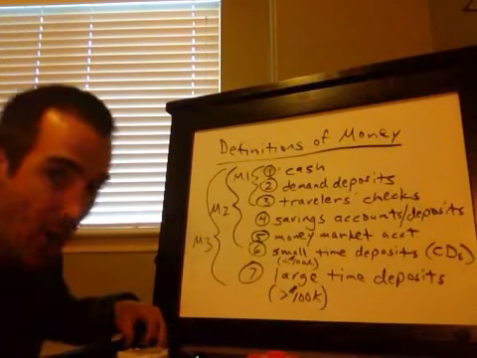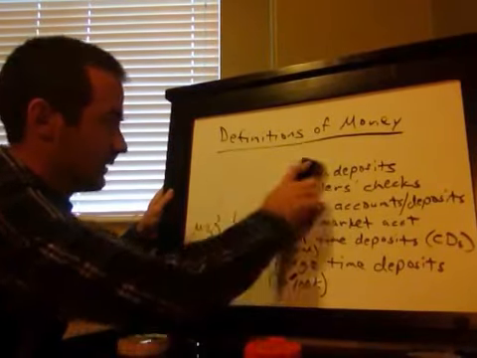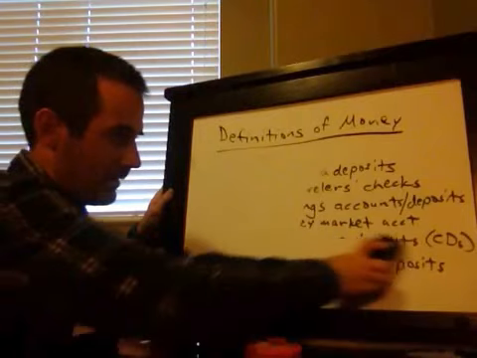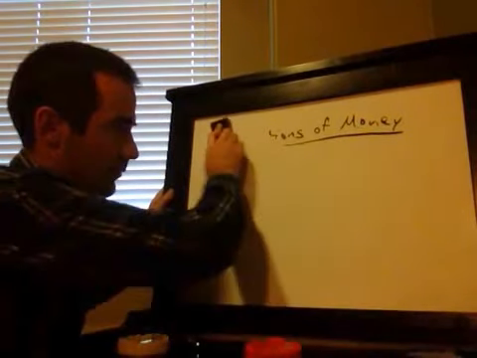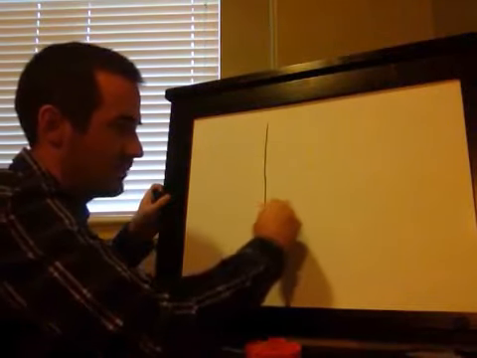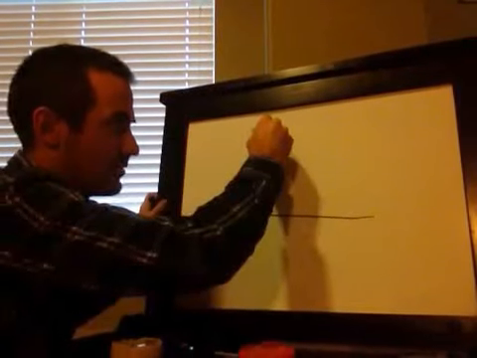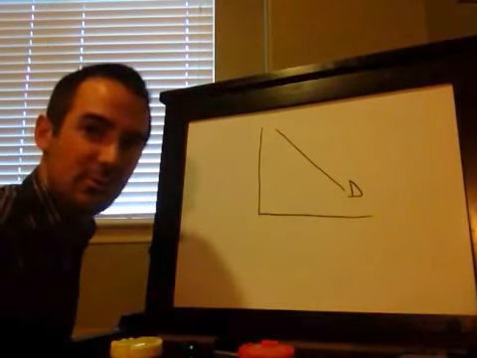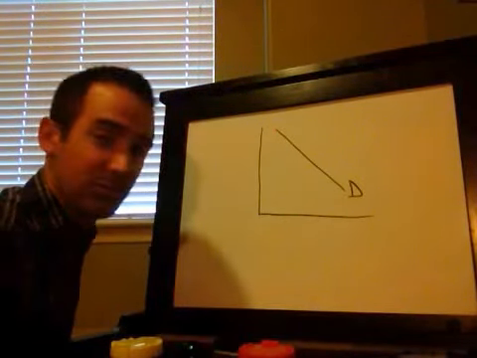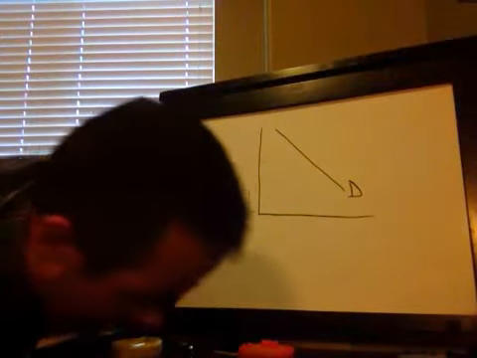All right, now let's learn something a little more exciting, the market for money. It turns out money, like almost everything else, has a market, which means it has a supply and a demand. I'm just going to draw the market for money for you. It's 2 axes. There's a demand for money, and what a shock, it's a downward sloping demand curve, like every demand curve we've done so far. There it is.